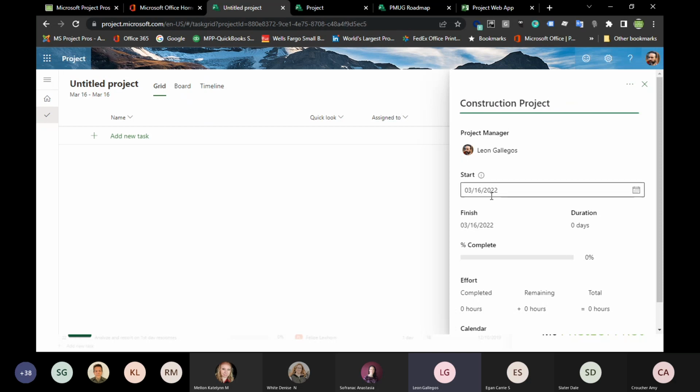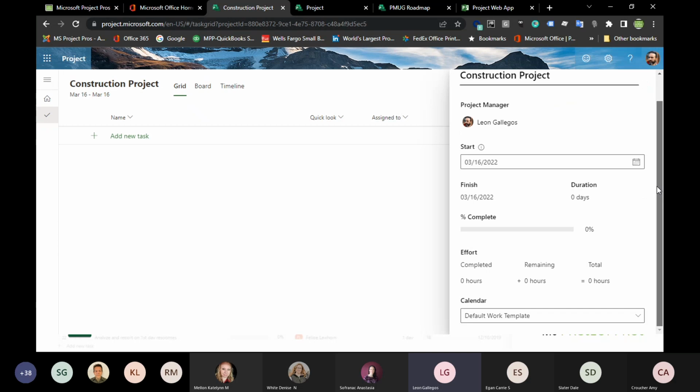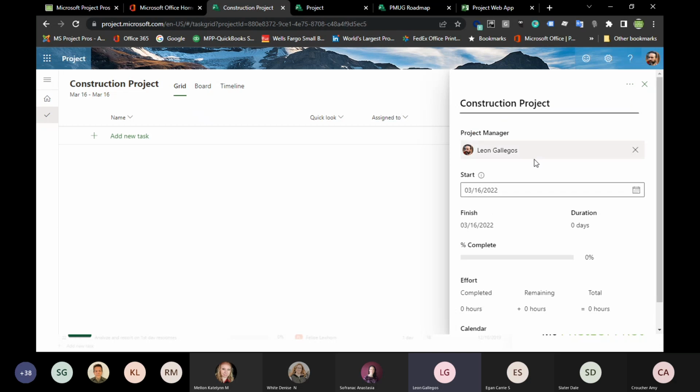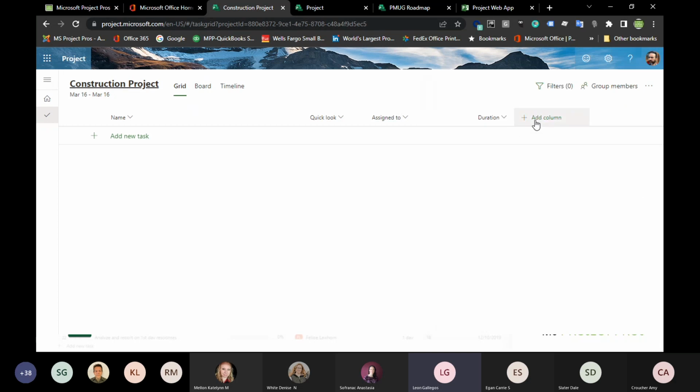Okay. It's allowing me to set a start date, and then there's some other data points that I can capture here. There's a calendar option. They're continuously making updates to Project for the Web. One thing that they added very recently is the ability to continue to add additional columns around your tasks, which can be quite useful. So we had a limitation as to the columns that we were able to work with.